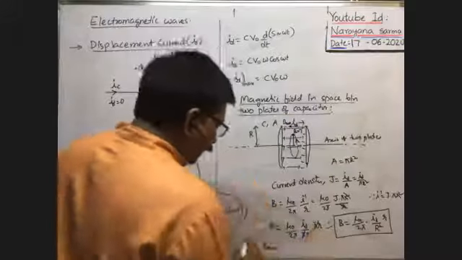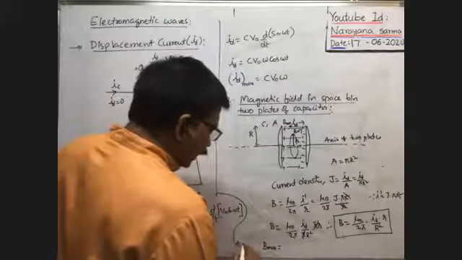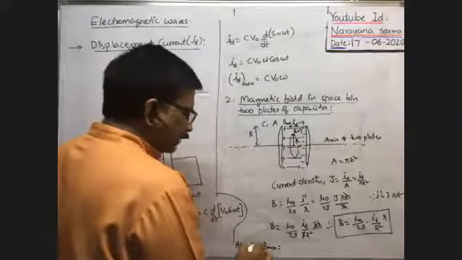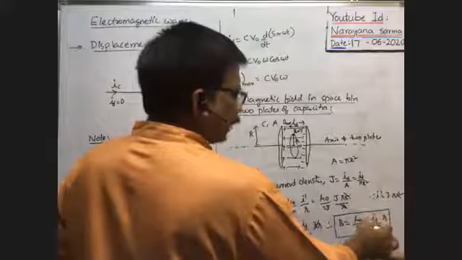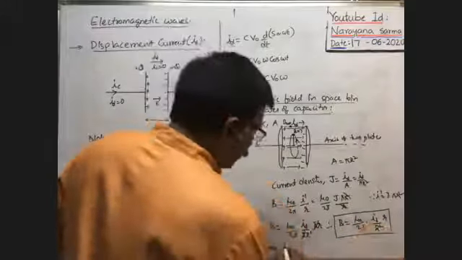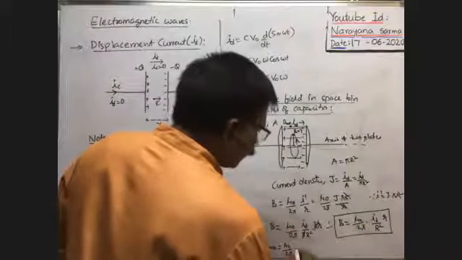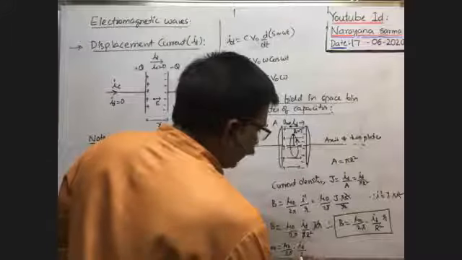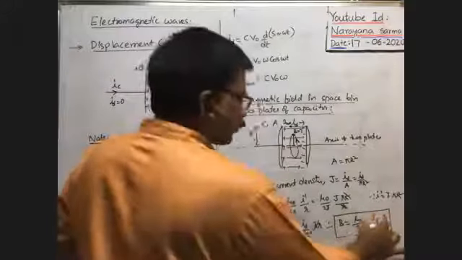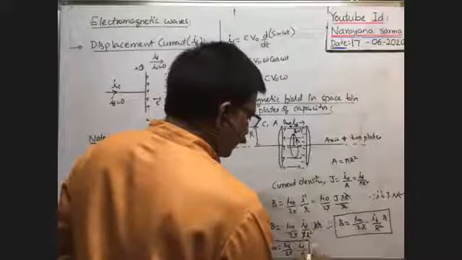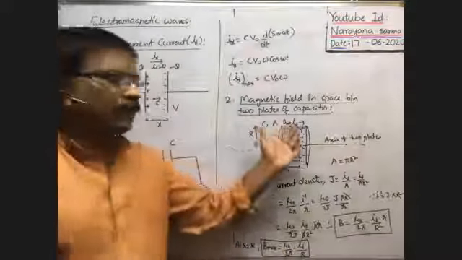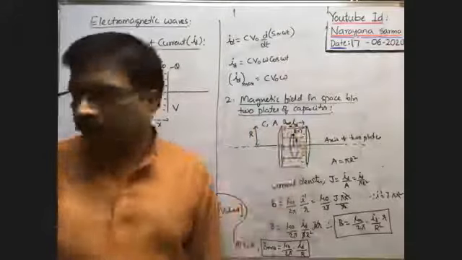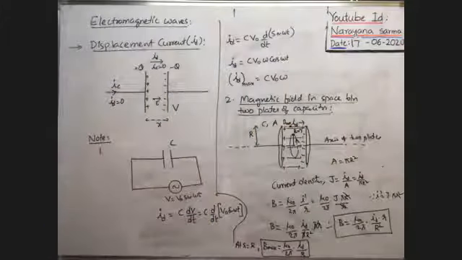So here small r is equal to capital R. Magnetic induction is maximum, which is equal to, instead of small r you write capital R. Capital R square cancels. Then mu naught by 2 pi into ID by capital R, because capital R square cancels. This is the formula for maximum magnetic induction between the two plates of the capacitor due to displacement current. So in this way we can find the magnetic induction between the two plates of the capacitor.